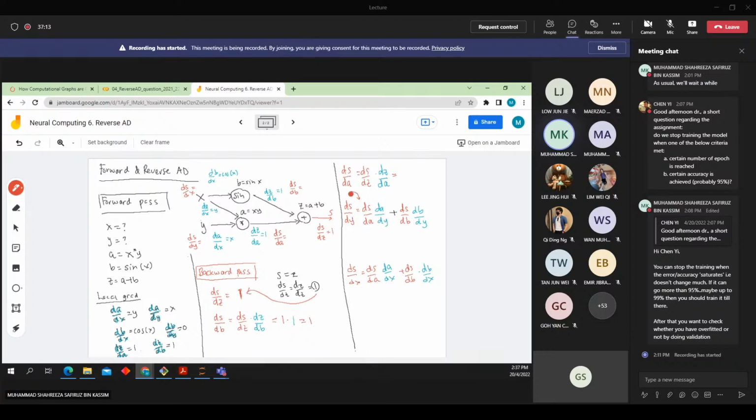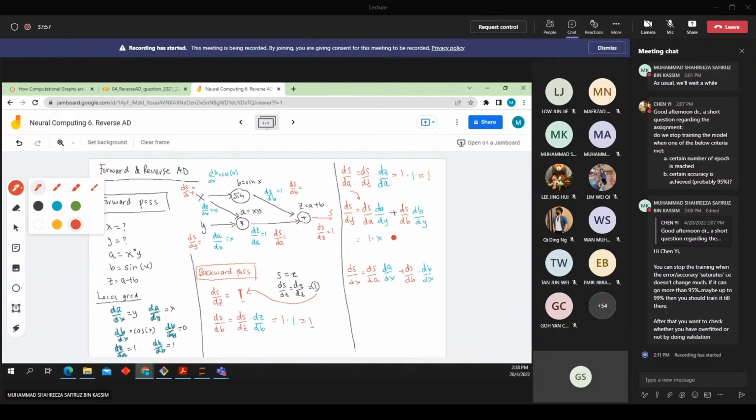So again, we are just seeding this 1, ds with respect to z is equal to 1. dz with respect to a is equal to 1 because of this guy. We already computed that local gradient. What happens for the partial derivative of s with respect to y here? We take the partial derivative of s with respect to a, which is 1, 1 here, 1 here, 1 here. So this is 1 times dA with respect to y, which is x. So 1 times x